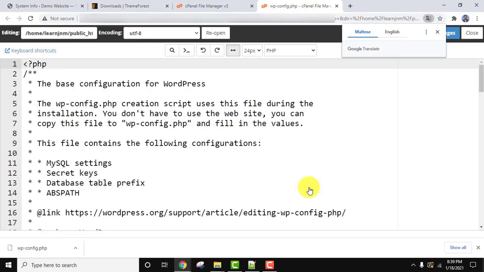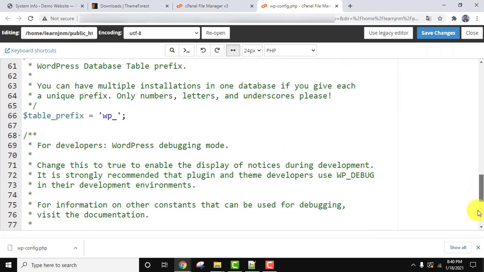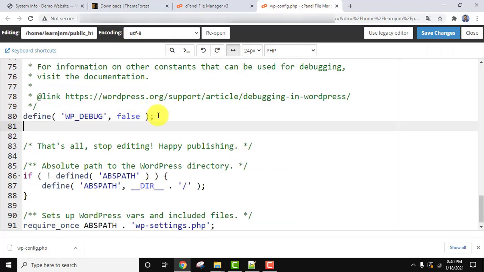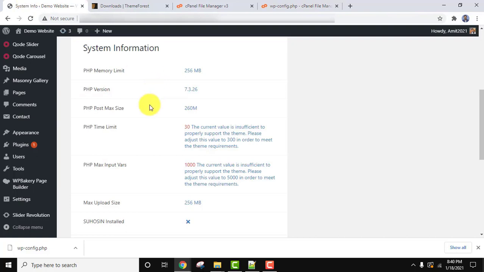Now guys, for time limit, reach here, press enter. Here write set underscore time underscore limit, and in brackets set the seconds. It was 30 right now.